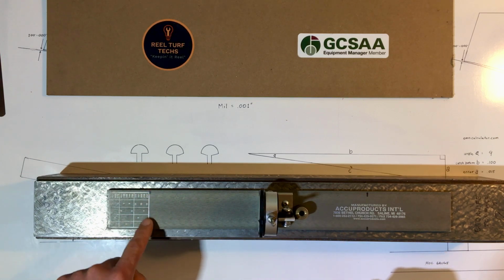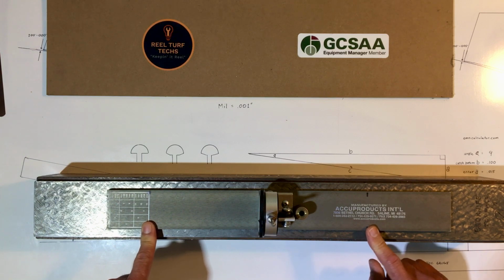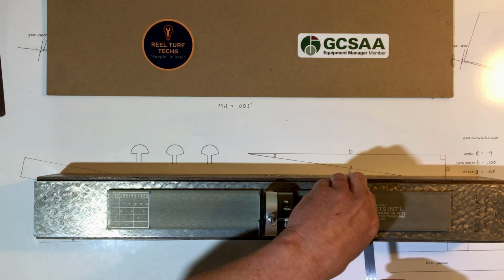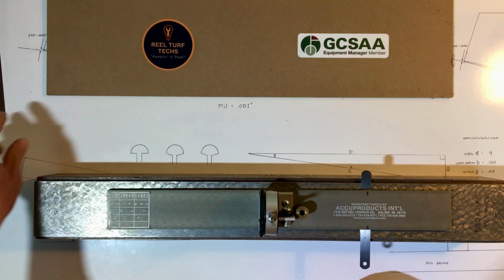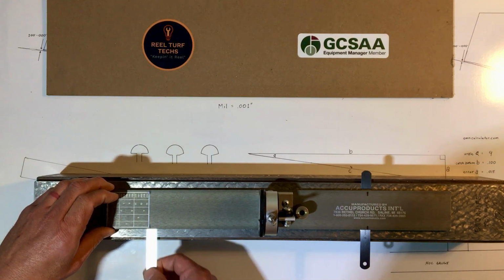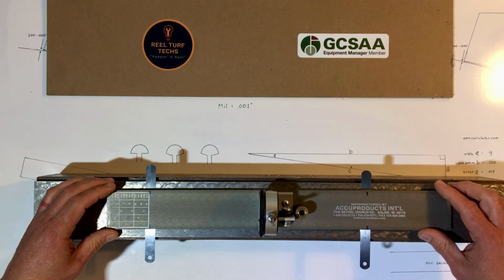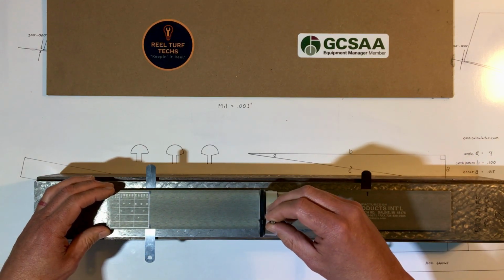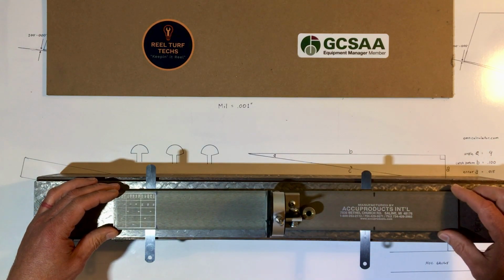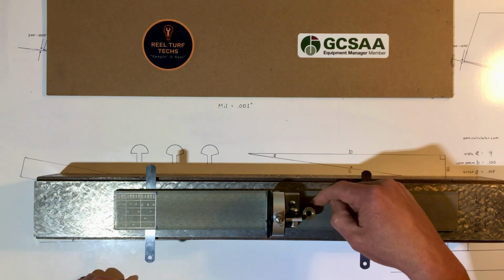I've marked where this bar touches the front and rear rollers of my greens cutting units. I'm going to slip a 10 mil shim under each mark, and this simulates that the gauge is pressing up against the front and rear rollers. Then I'm going to slip the catch underneath the lip. The lip of the plate on this side